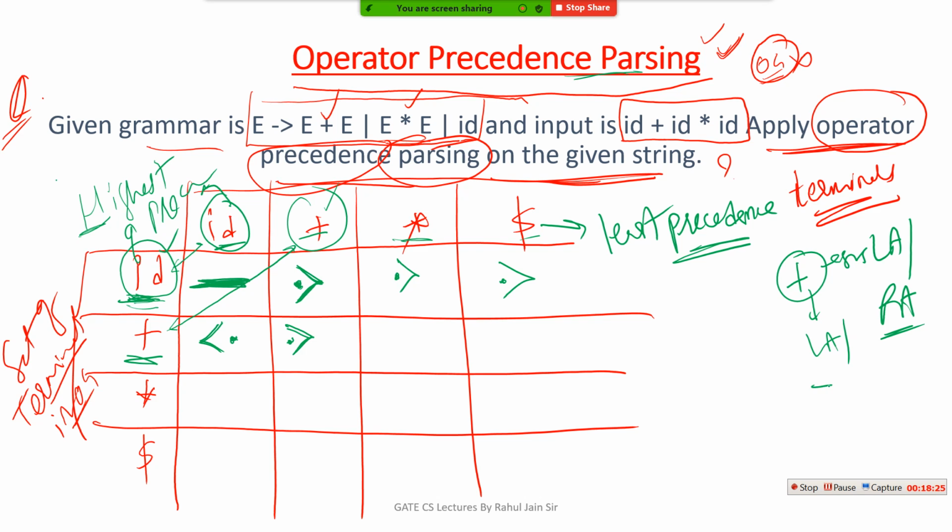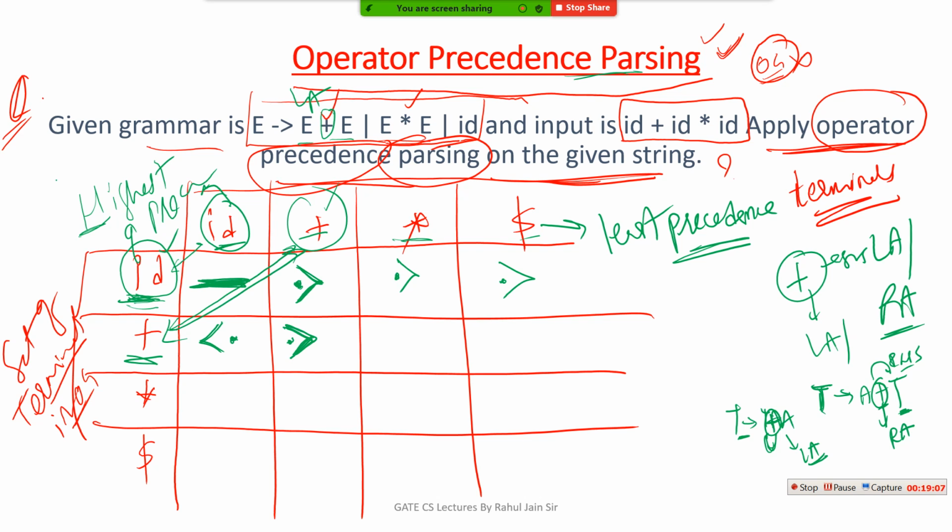But if our grammar is like T derives A plus T, then in that case this plus is right associative. Why? Because if you observe, T exists on the right hand side of this plus. So this addition sign is right associative. But if T derives T plus A, then T exists on the left side of plus, and in that case we say that this addition sign is left associative. So here if you see E plus E, by default we need to treat this plus as left associative. So I am writing that this plus has higher precedence, which simply denotes that